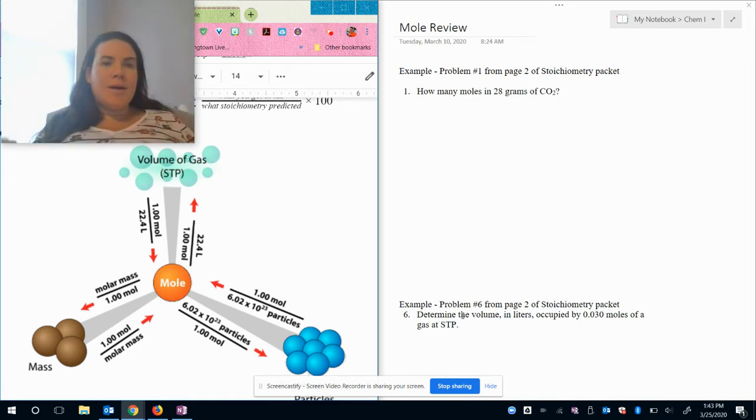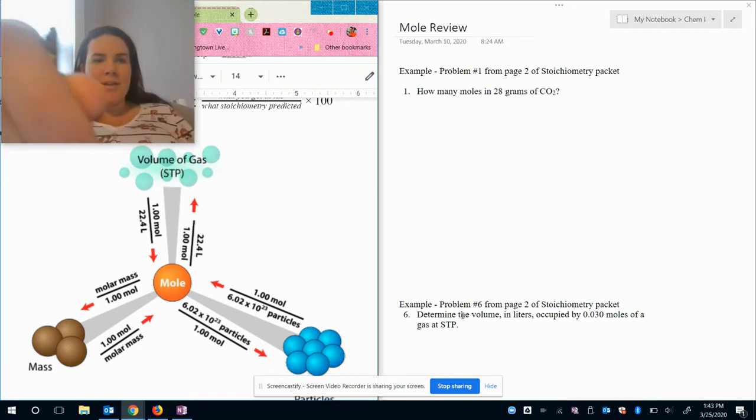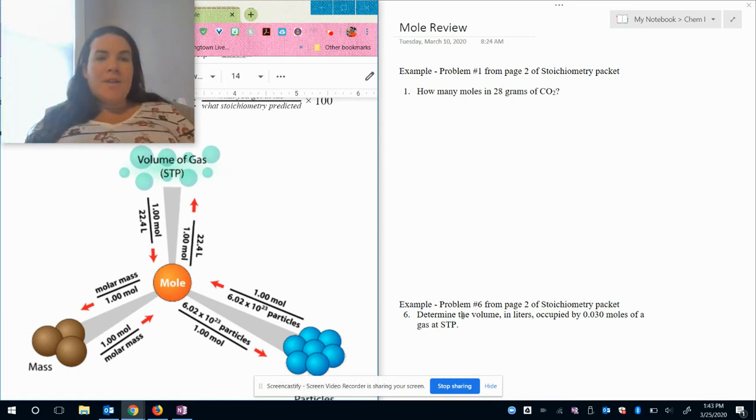So down at the bottom of the screen here, we have the diagram that shows you the different types of mole conversions that we have done. So we've learned how to convert between moles and grams using molar mass. That's the one from the periodic table. Moles and atoms, molecules, or ions. That's this one here. Now, we're not going to do any of these because when we do stoichiometry, we only